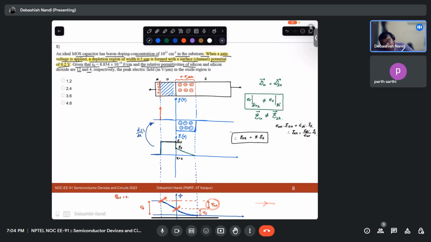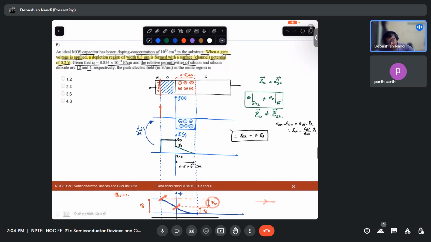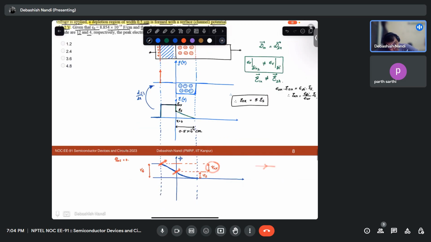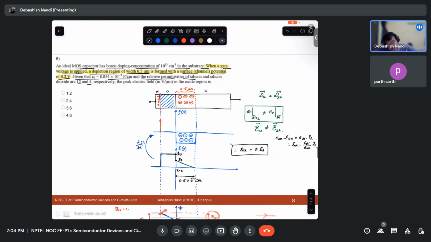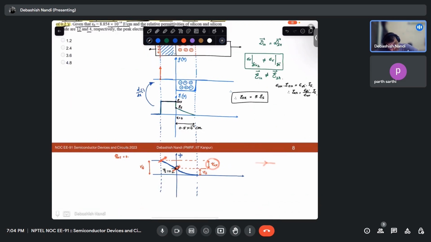Okay, let us calculate ES. What do we have? We have depletion width of 0.5 micrometer. So this distance we know it is 0.5 into 10 to the power minus 4 centimeter. And what do we know? We know that my psi s is 0.2, right? Psi s is 0.2. So from this plot, if I take this triangle,